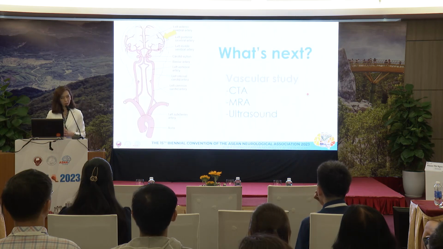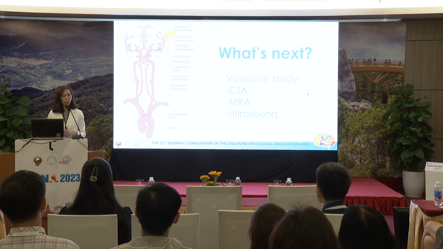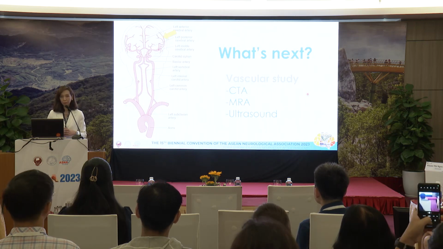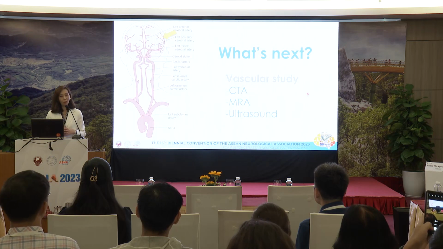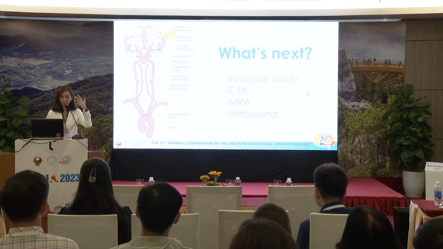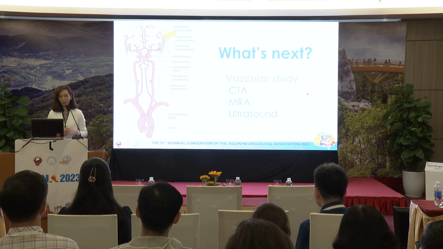So the next thing we should consider is to look at the blood vessels that supply the brain on that side. It's likely to be in the territory of the middle cerebral artery because she's having weakness in the arm. Sometimes she had aphasia, meaning there is cortical involvement, so it's likely to be the MCA territory. When you want to look at the blood vessels that supply the MCA, you look at the carotid on that side, and also the MCA on that side.